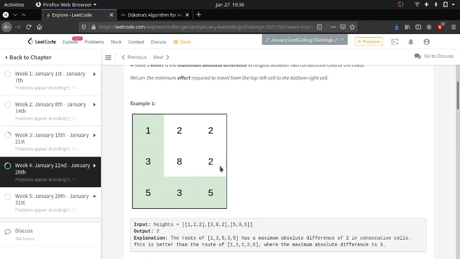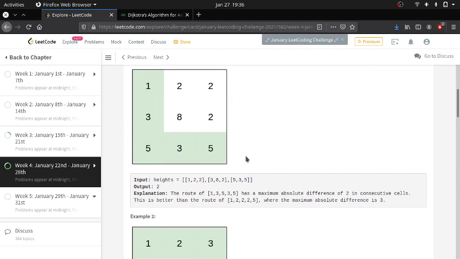Okay, so to travel from this element to here, this element to here, the maximum absolute difference, that is the effort, will be 8 minus 1. Here also 8 minus 1. Okay, that will be 7. That will be the maximum of any element's absolute difference in this entire array, because 8 is the maximum element in this adjacency matrix, and 1 is the minimum element in this adjacency matrix. So that can be a possibility, right?